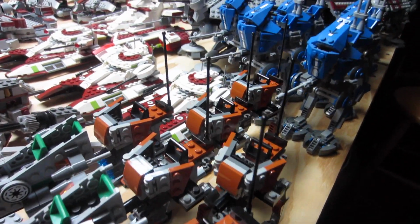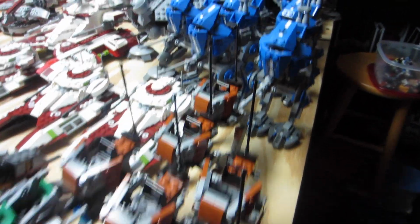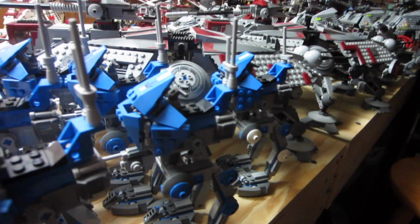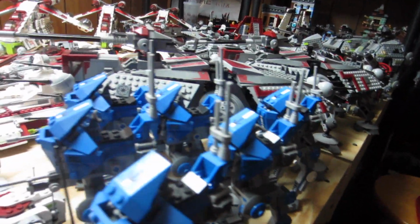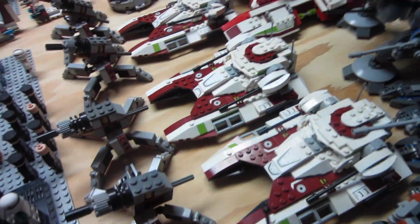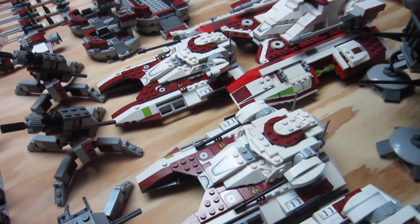Let's see, I got 6 of the Geonosis ATRTs. I got 6 of the 501st ATRTs. The one in back is actually missing or had some parts replaced, so I could build my custom smaller kind of scale ones. I got 3 of the New Republic fighter tanks. Kind of a lot smaller compared to the other one, but I kind of wish we had one in between